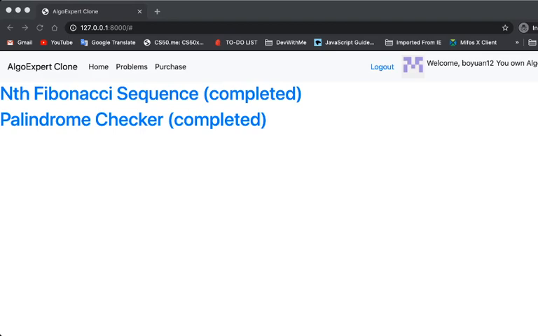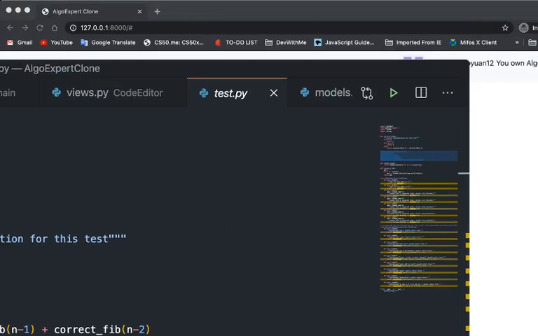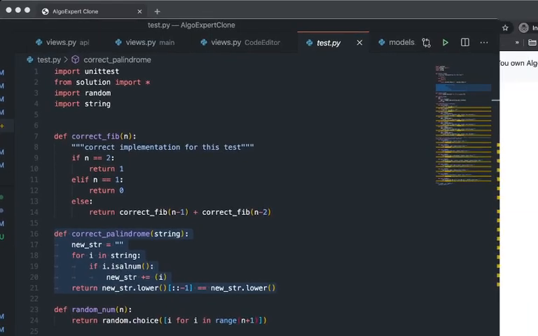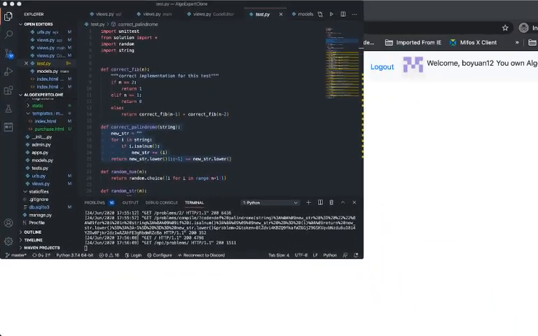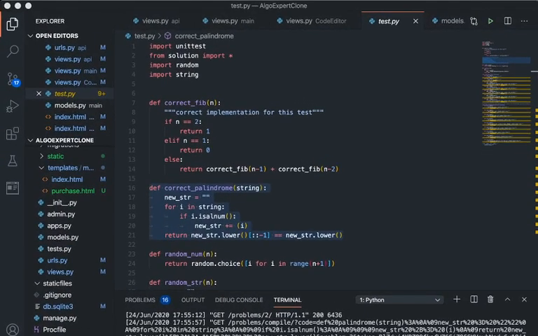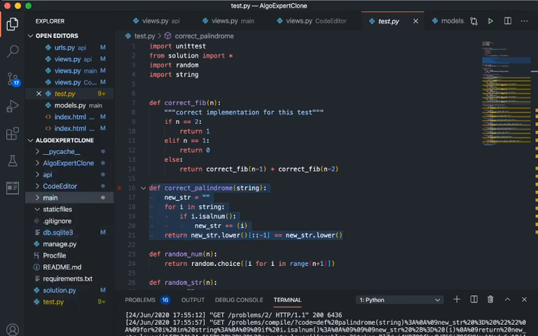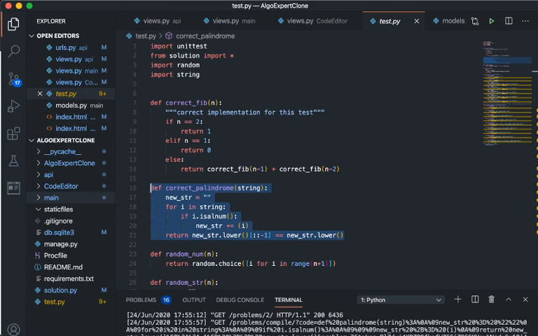Alright, so let me go ahead and resize it a little bit. Alright, so this is our AlgoExpert clone. There are 3 apps: API, code editor, and main. This is the project API, AlgoExpert clone. And if we go ahead and go to main, and then views there,